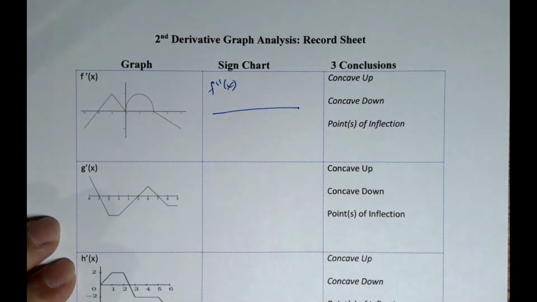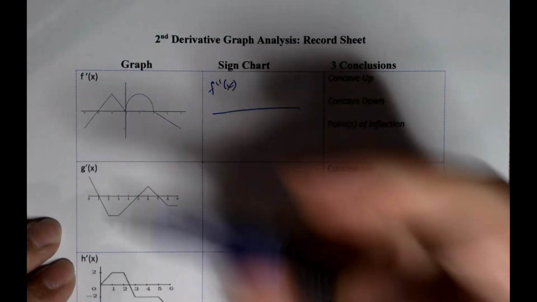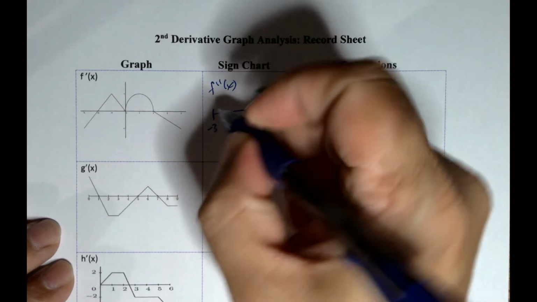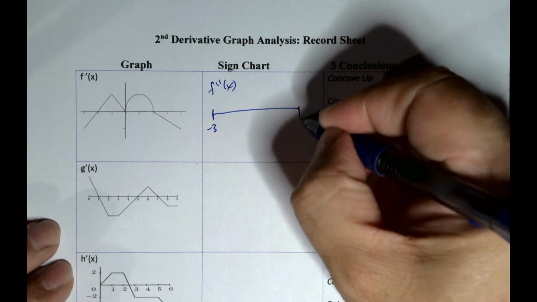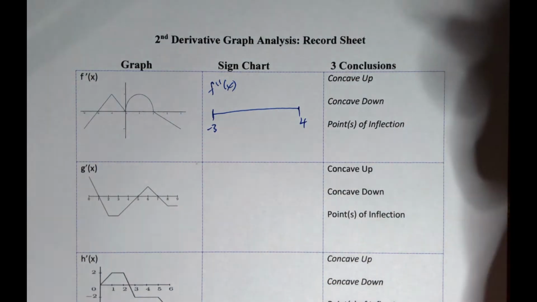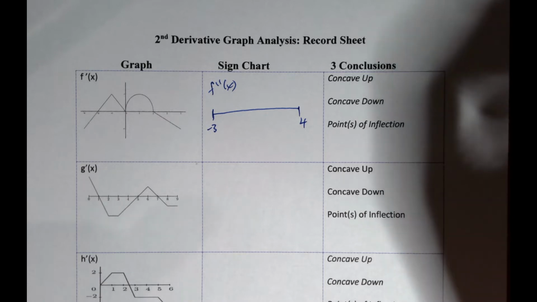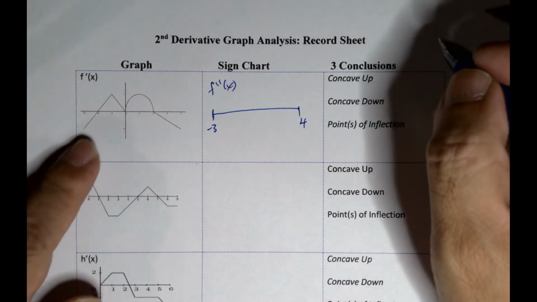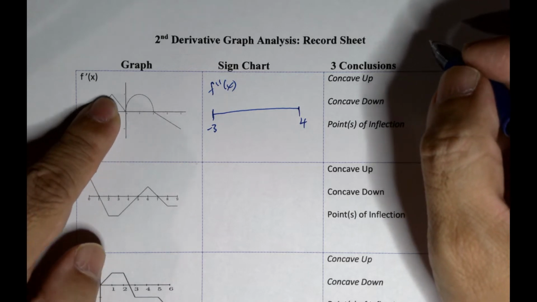And we're not doing the whole negative infinity, positive infinity thing. So this is ending at -3. So we're going to say it ends at -3, all right? And it's going to end at 4. Okay, so we're not doing negative infinity, positive infinity stuff. We're going to actually use the numbers given to us. All right. So here, what we're looking for in the first derivative is when it hits a peak or a